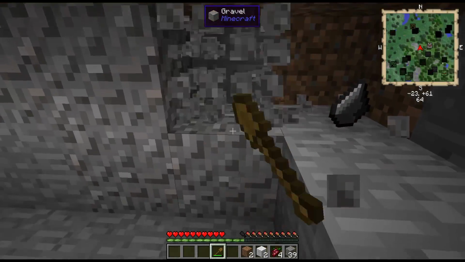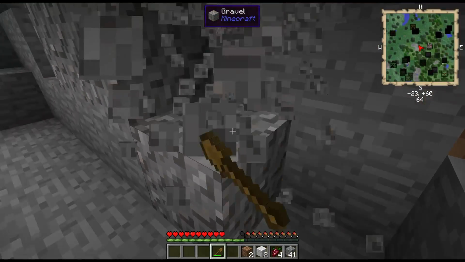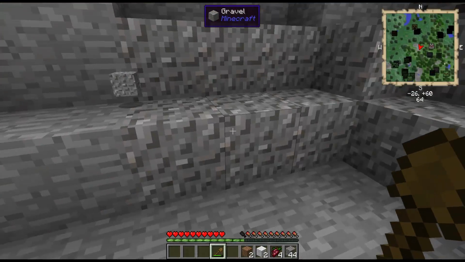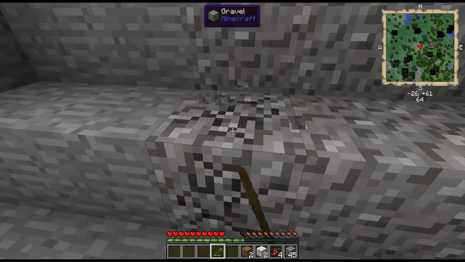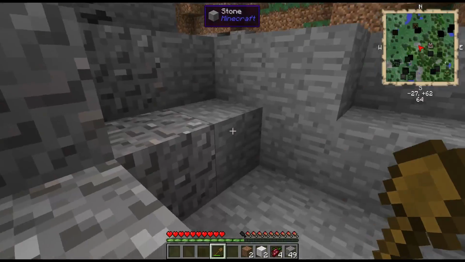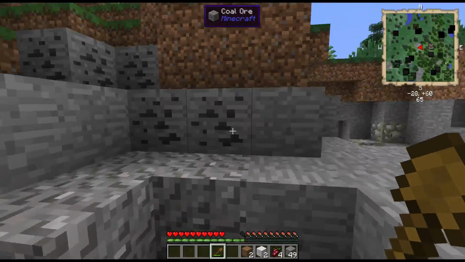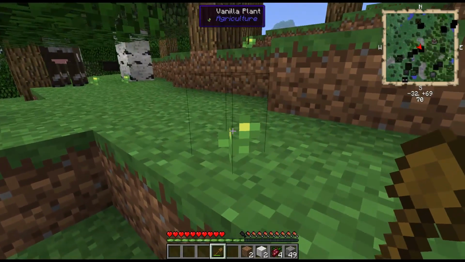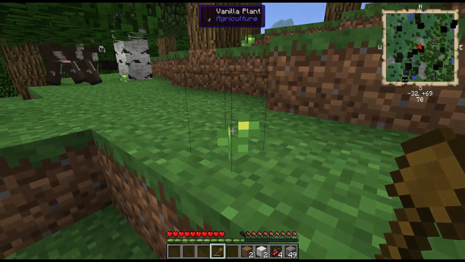Alright, so we're going to pretty much just dig the rest of this out and then head back home. Hopefully that Natura bush will have another berry on it when we go past. That would be great. Okay, this is a fine start actually. Let's go back. And now we can actually make some decent